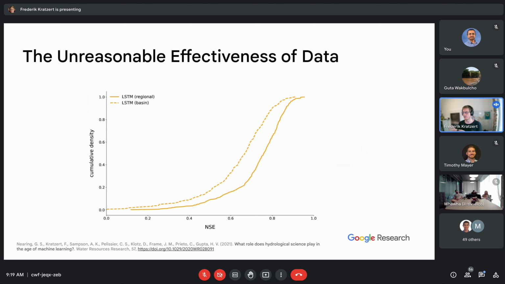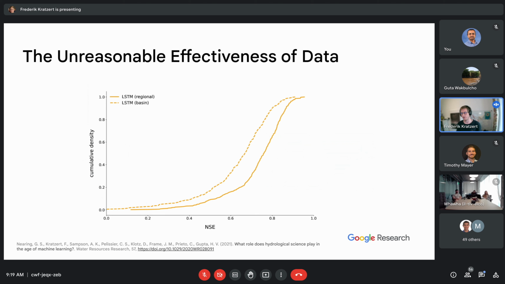So again, both models were trained on the same data, the same periods. One model was trained on the combined data of all rivers in a data set, while the other models, the solid line, were trained to each river individually.